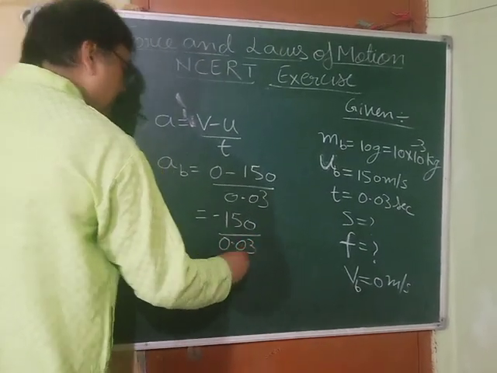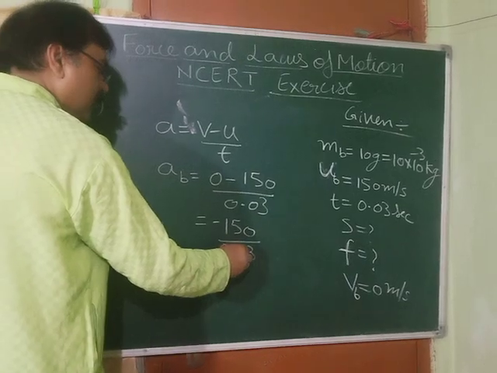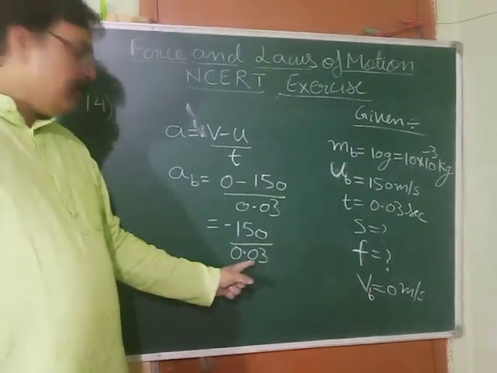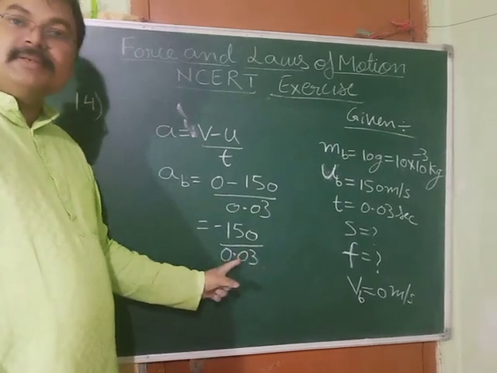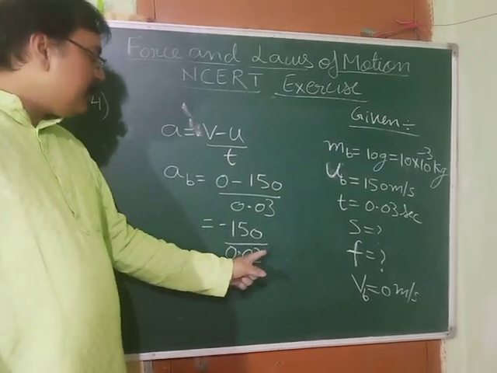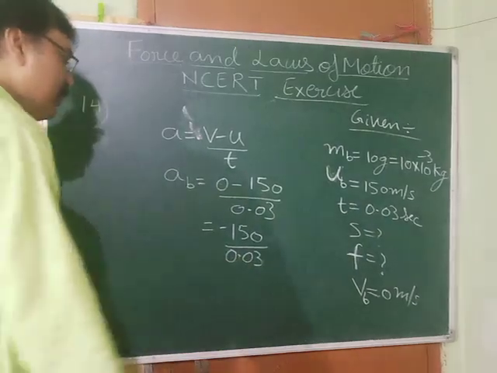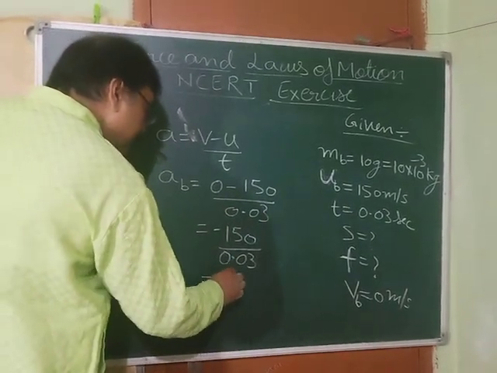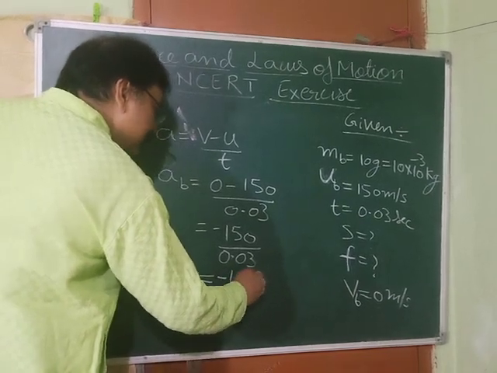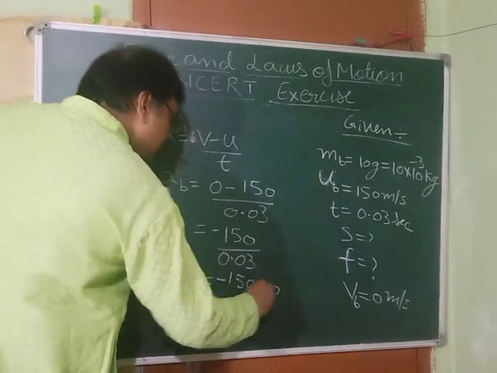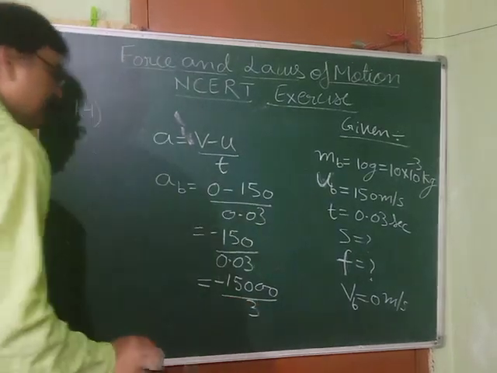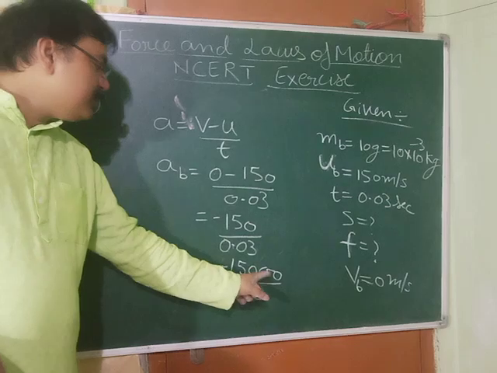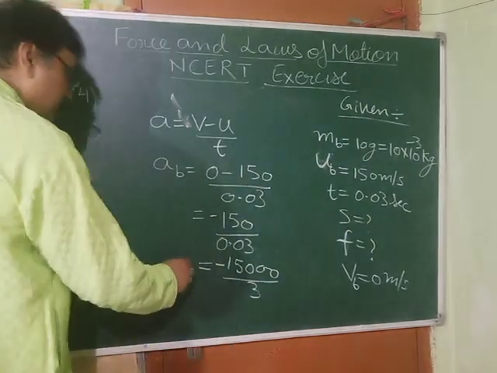0.03. Decimal is after how many places? 1, 2. So if you want to remove this decimal, here you will get 3. But decimal is after 2 places. If you remove decimal from here, you have to add 2 zeros here. So what we have to do? You can write it minus 1, 5. This was there. You are going to add 2 more zeros. So you will get here 3. Clear? We have removed this decimal from 2 places and we have added here 2 zeros. Okay. Now you can just cancel this.